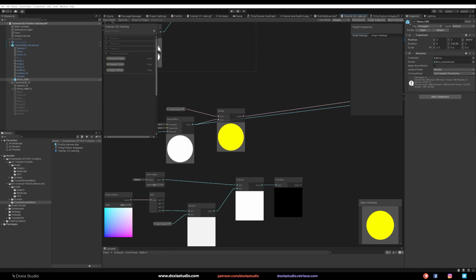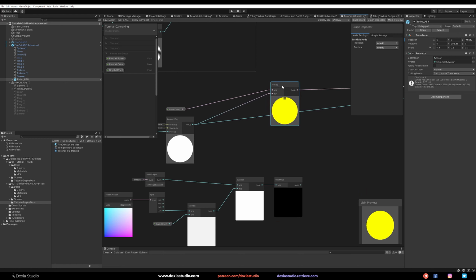And now what we need is to add, let me delete this part. We need to add this depth offset to the Fresnel effect. So it's the same that we did here with the alphas, okay? So let's go with the Fresnel and here with the depth effect.